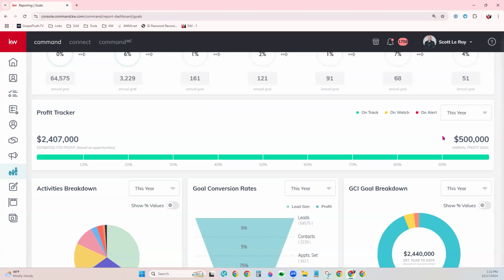Okay. This is your annual profit from your business just before taxes. So you'll see that listed here. And then it lets you know your estimated year-to-date profit based on your opportunities. Notice we've put in some great test opportunities recently that has skyrocketed this because we have all of our green